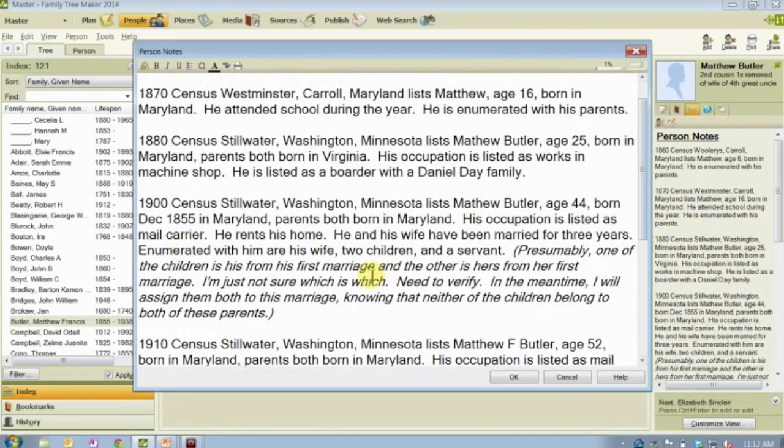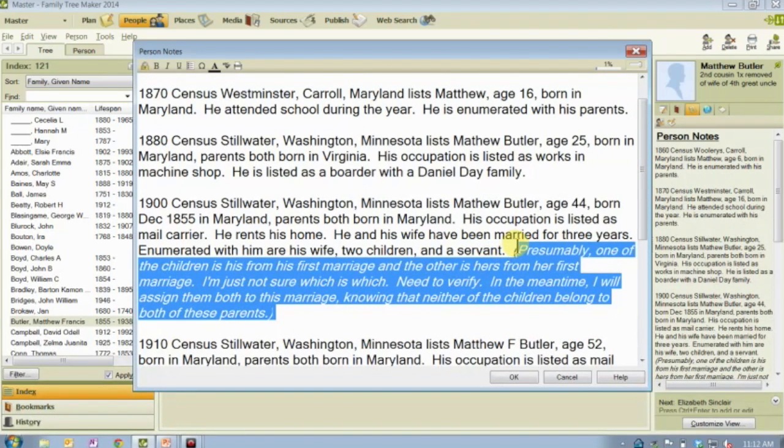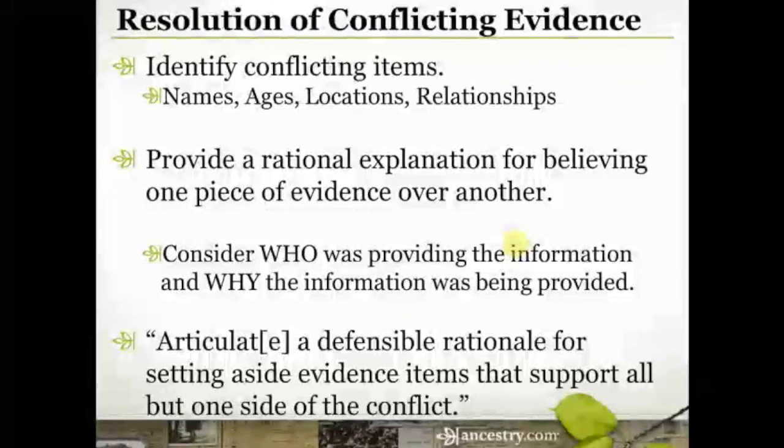I also insert personal notes here, and I'll go over this one in more detail in just a minute, but I use my Family Tree Maker notes to articulate some of these reasons why I'm seeing conflicting evidence and why I have chosen to believe one piece of evidence over another. I do that because I have to get out of my own head, but I also do that because invariably I'm going to come back to that family at another time, in another research session, doing